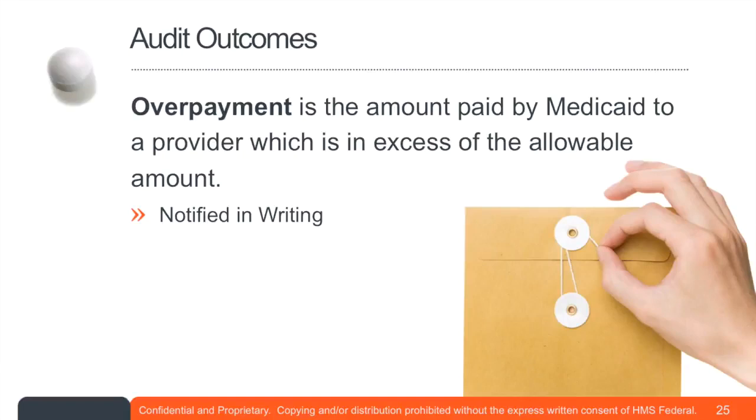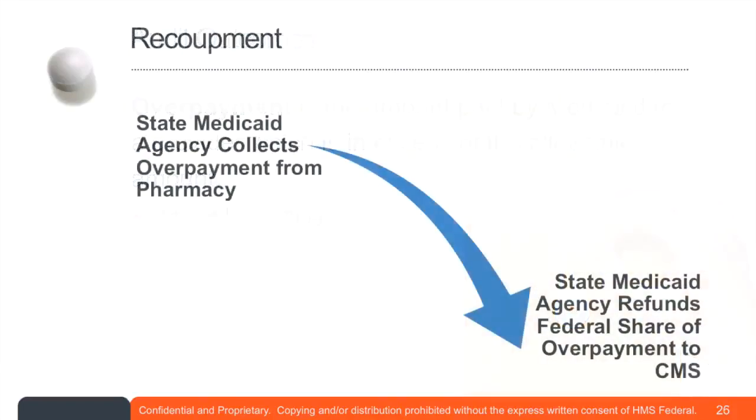And this is a recoupment example on slide 25 when we're dealing with Medicaid. So what happens with Medicaid overpayment is that the state collects the overpayment money from the pharmacy, and then the state also has to pay the federal government back, because Medicaid is a federal program, but it's run by the state. And so there's what's called a federal share that goes into that state program, and so therefore the state has to pay back some of that money, or the federal share, to the federal government.